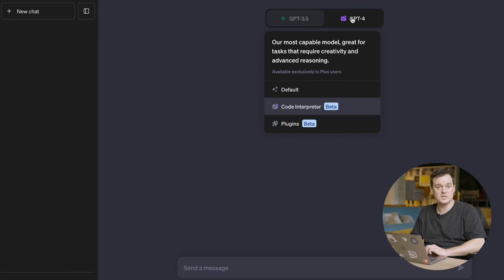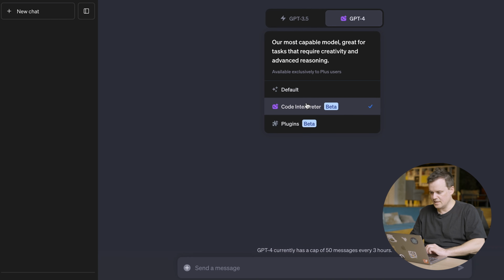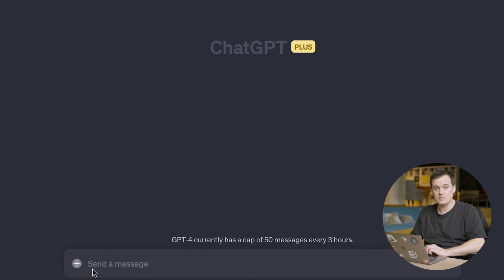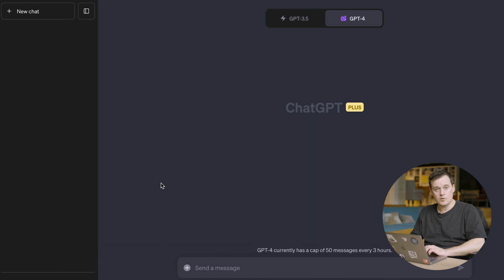This time I'm going to select GPT-4. You have to be in GPT-4 if you want to use this Code Interpreter plugin. And I can select Code Interpreter from the drop-down menu. The big thing to notice is you've got this plus button. This allows us to upload data, PDF files and CSV files or spreadsheets in general. I've already unzipped the data, so I'm going to upload the CSV file directly and then ask the algorithm to